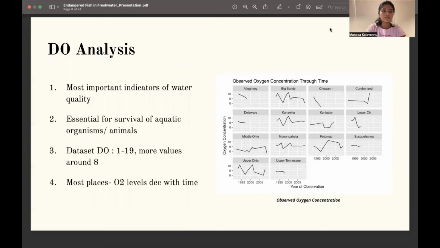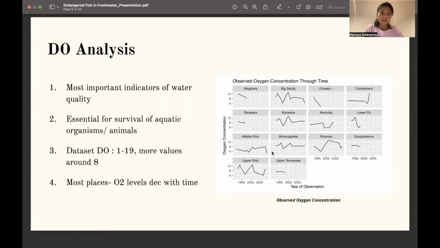So next, coming to the dissolved oxygen analysis, it is one of the most important indicators of water quality, and it is essential for the survival of aquatic organisms. In our data set, dissolved oxygen ranges from 1 to 19, and most values are around 8. And in most of the places, the oxygen level has decreased by 2 with time. By this observation, we can infer that as the dissolved oxygen content decreases in water, it will affect the